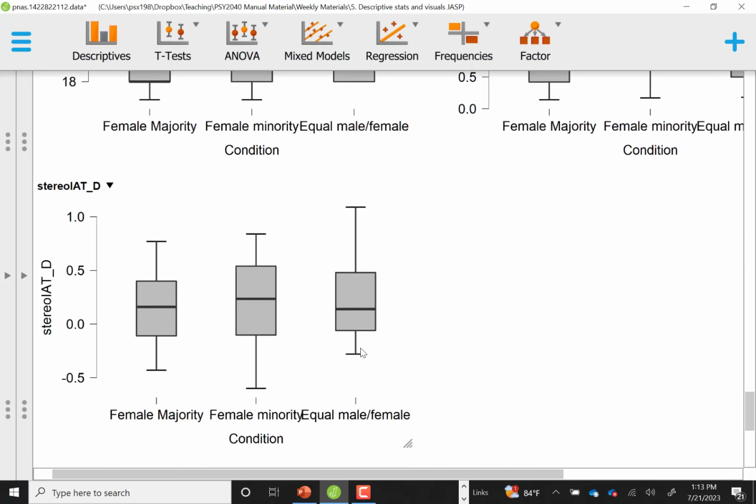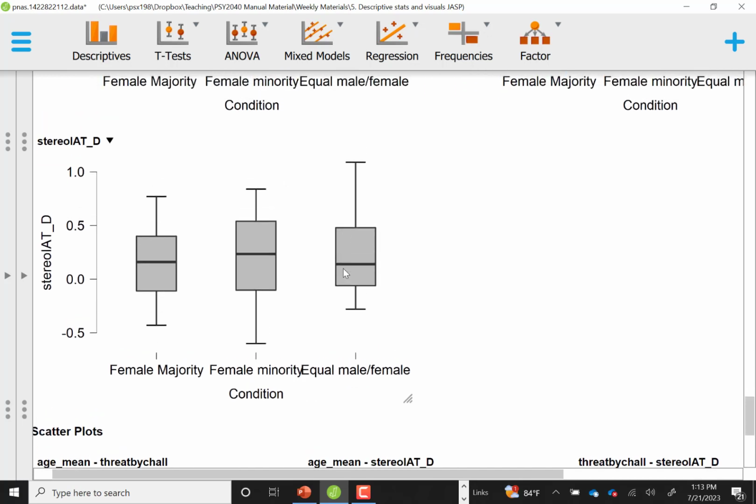And lastly, you can see that our stereotype IAT scores were fairly similar in each group. You'll notice the range is a little bit different for this equal male-female group than it is for the others, but overall, there's nothing that is hugely different in the variability or spread of these groups. Again, these can be helpful when we're checking some assumptions later on. In some of our analyses, we'll want to see distributions or ranges of values that are relatively similar for our